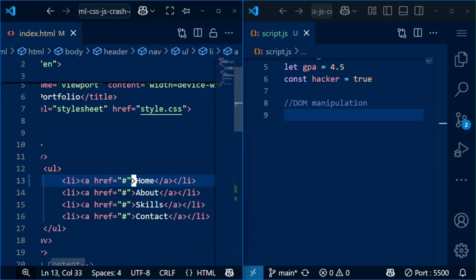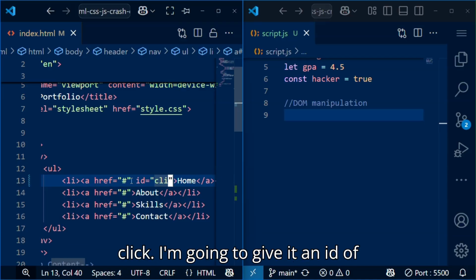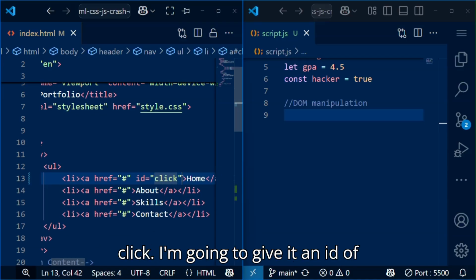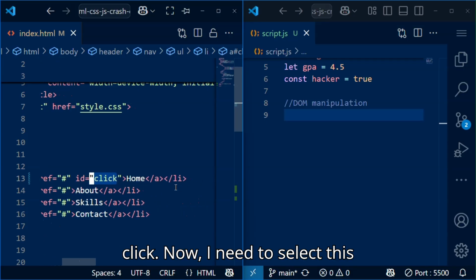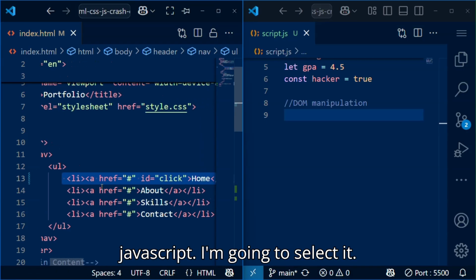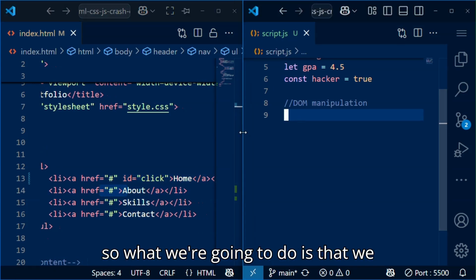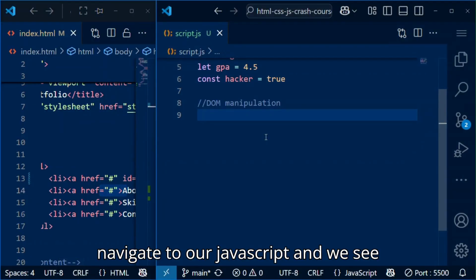So I'm going to say ID, then I'm going to give it click. I'm going to give an ID of click. Now, I need to select this element in this HTML using JavaScript. I must select it. So what we're going to do is navigate to our JavaScript and we say